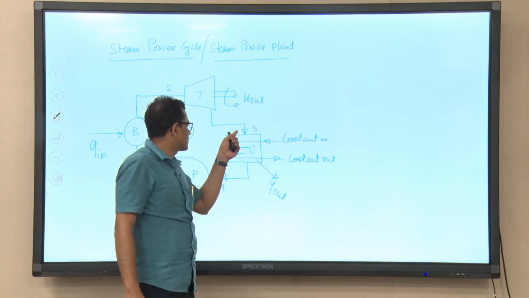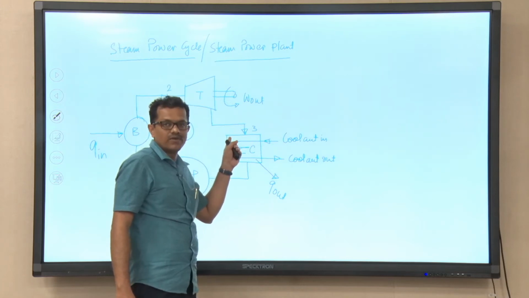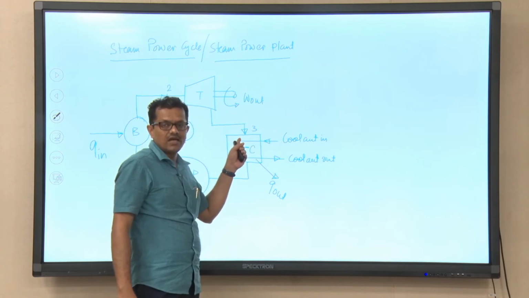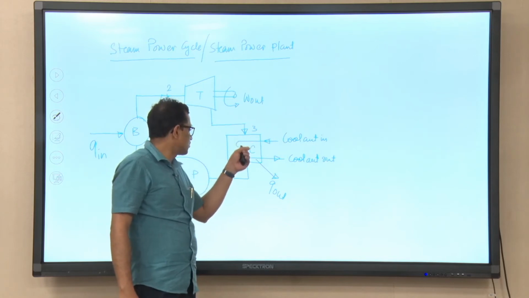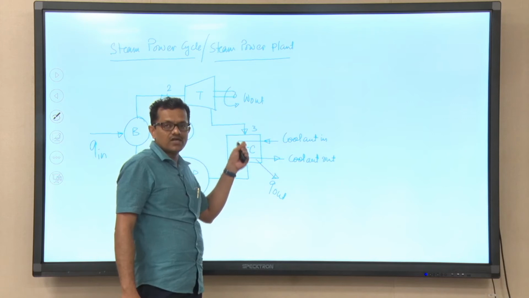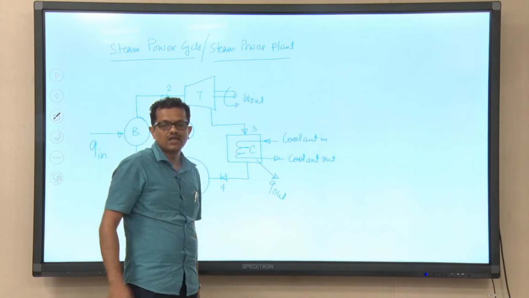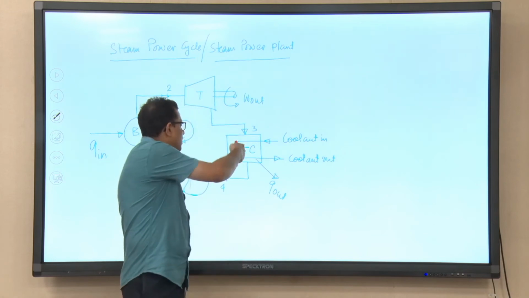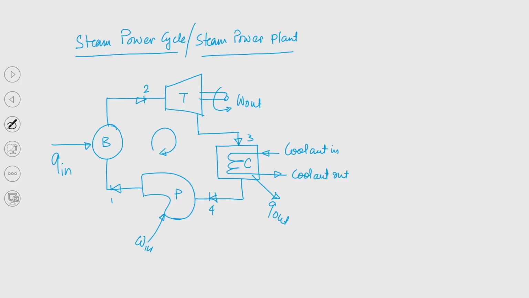Finally, after doing some work, steam is collected in this particular equipment which is known as the condenser, wherein the coolant is circulated through this coil, and over the coil steam is allowed to pass, and by virtue of heat exchange the steam is getting condensed into water. We will definitely have different pressure and temperature, and that condensate is again collected at the bottom of the condenser and pumped back to the boiler. So, this is the cycle.